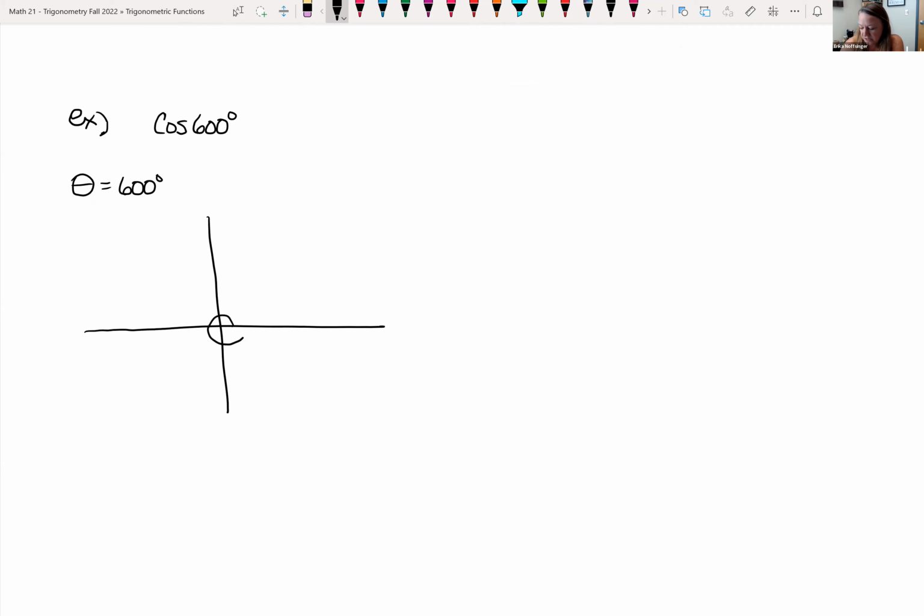So one full revolution gives me 360, plus 90 is 450, 450 plus 90 is 540. 540 up to 600 is 60 degrees. I think I'm off somehow. So let me just, because it's without a calculator,